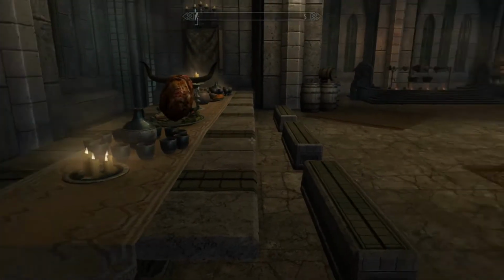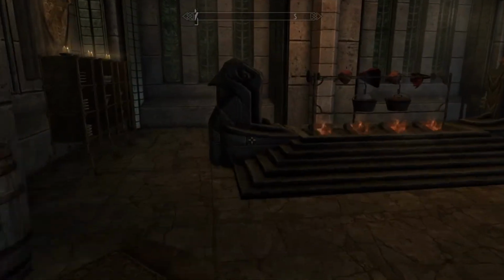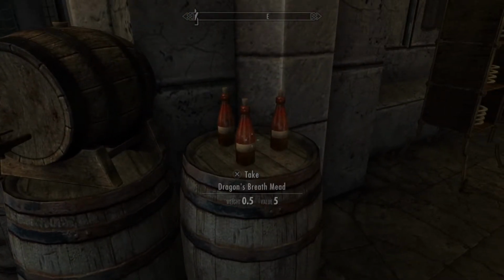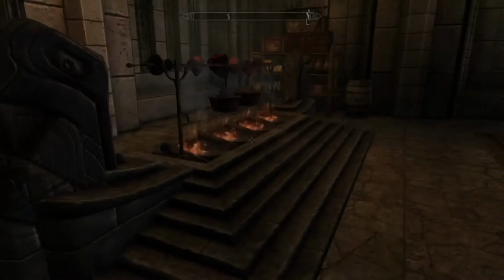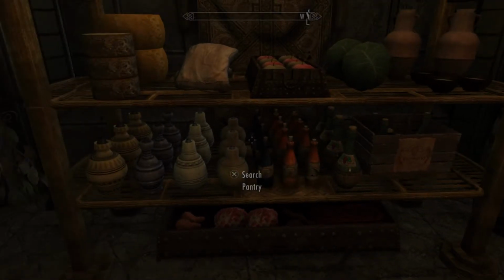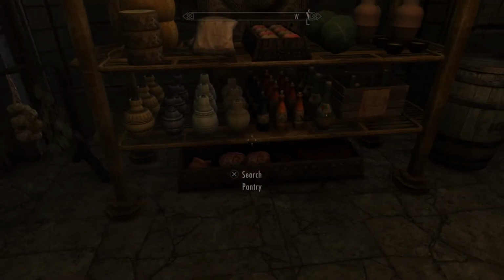Yeah. So obviously we've got a big dining table, kitchen at the same time. You've got some meat barrels, dragon breast mead, Ashby mead with juniper berries. You've got your cooking pit on a massive fire. Pantry. You've got a pantry. Have I got anything in the pantry? Not at the moment. But it's nicely visualized